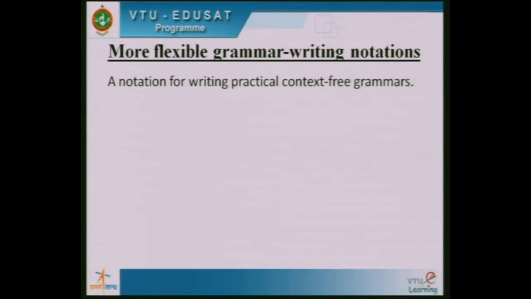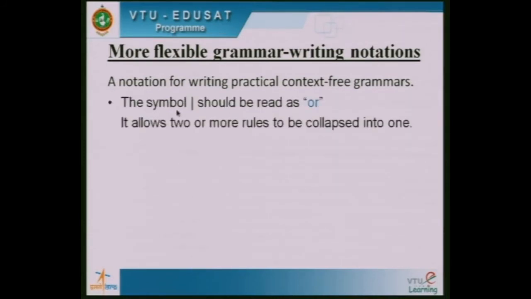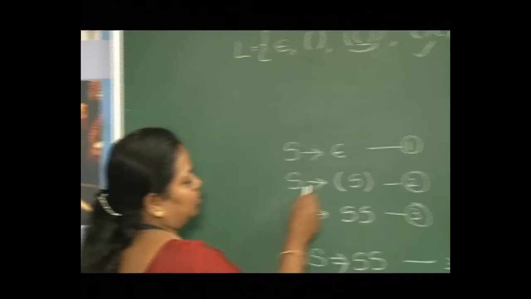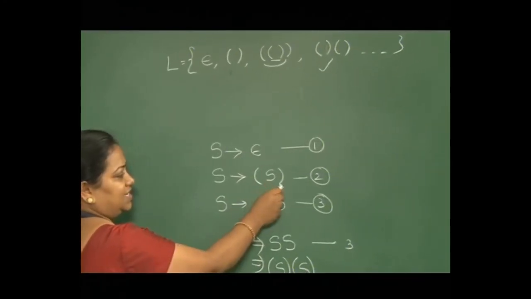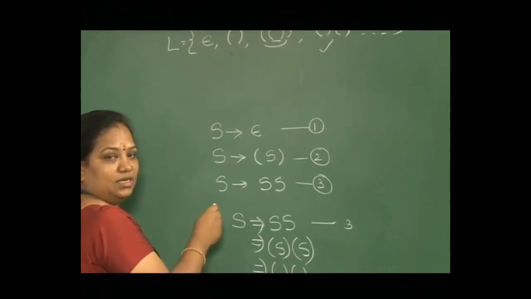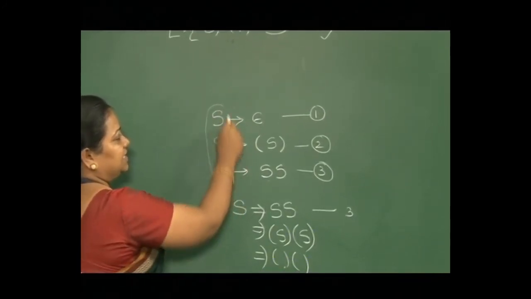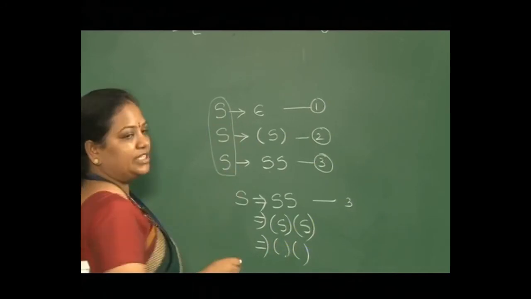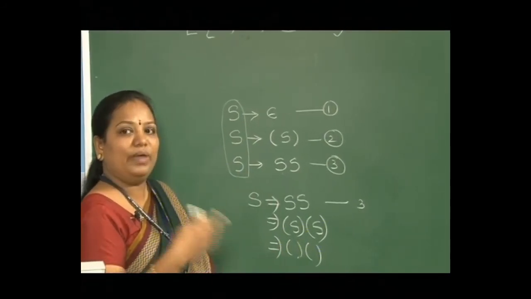Coming to a few more flexible grammar writing notations. A notation for writing practical context free grammar: this symbol can be read as OR. It allows two or more rules to be collapsed into one. For example, you can see here, we have written three rules: S tends to epsilon, S tends to opening parenthesis S closing parenthesis, S tends to SS. But our LHS is the same. Instead of writing these three rules separately, we can collapse them and write